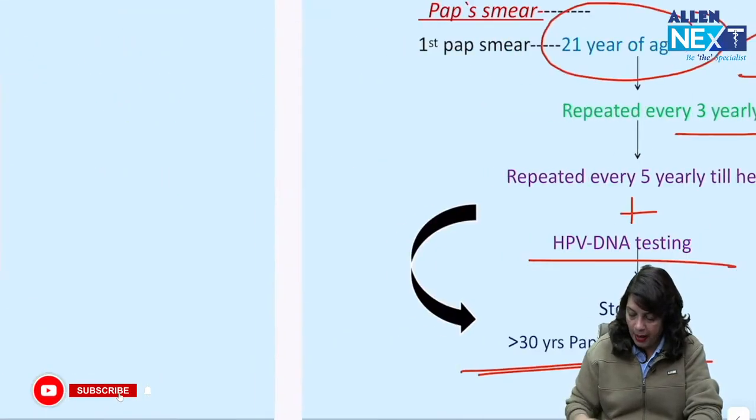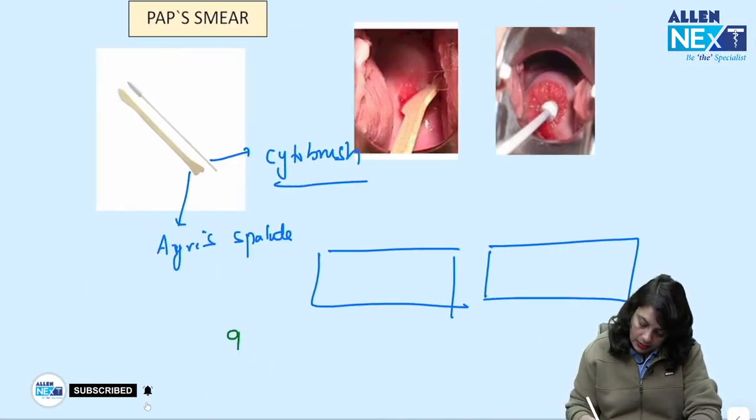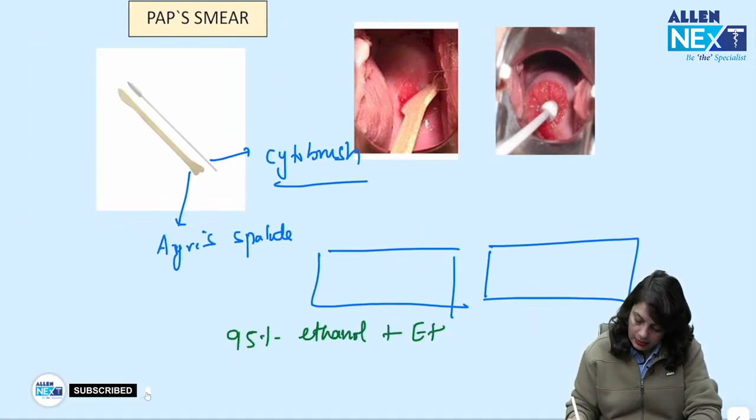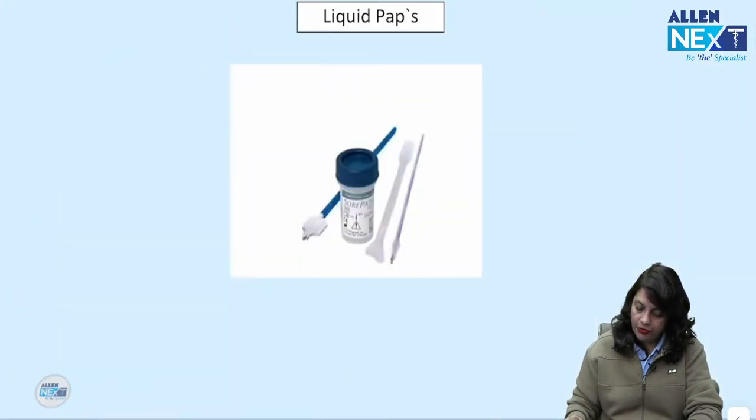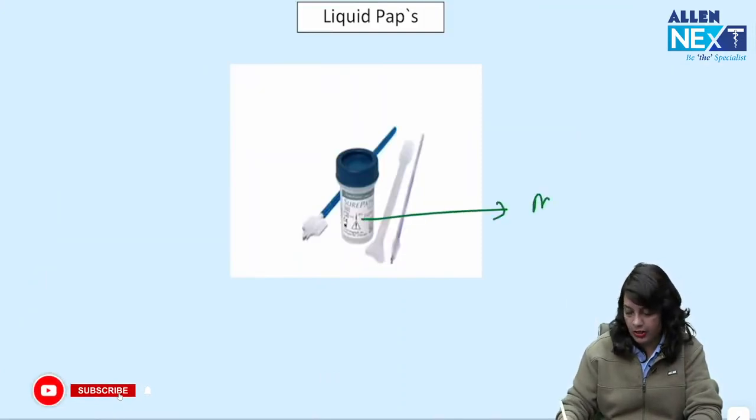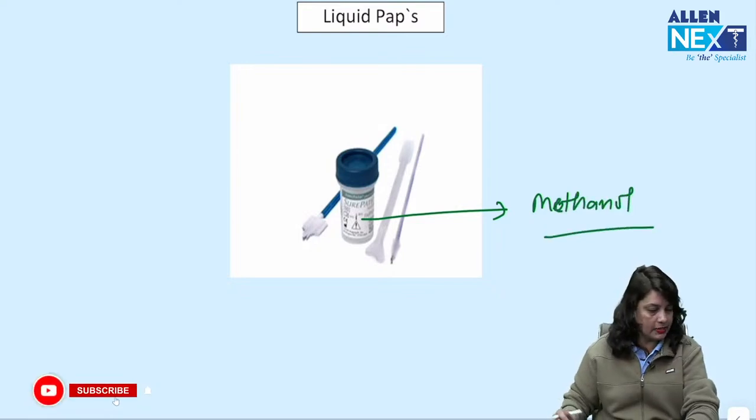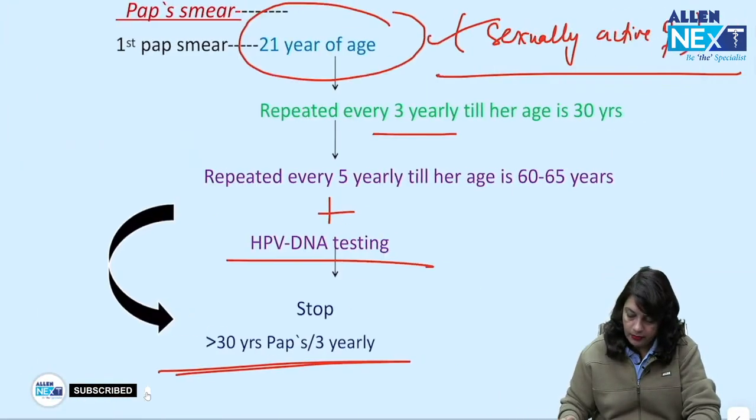The fixator used in Pap smear is 95% ethanol plus ether. And if you are taking a liquid based cytology, then this contains methanol as a fixator. Okay. Next,